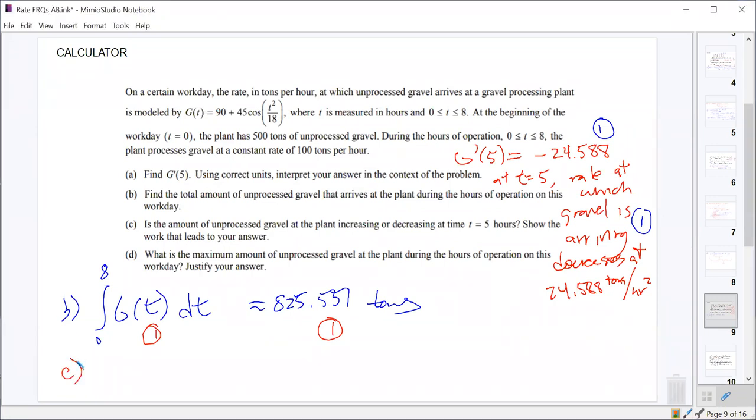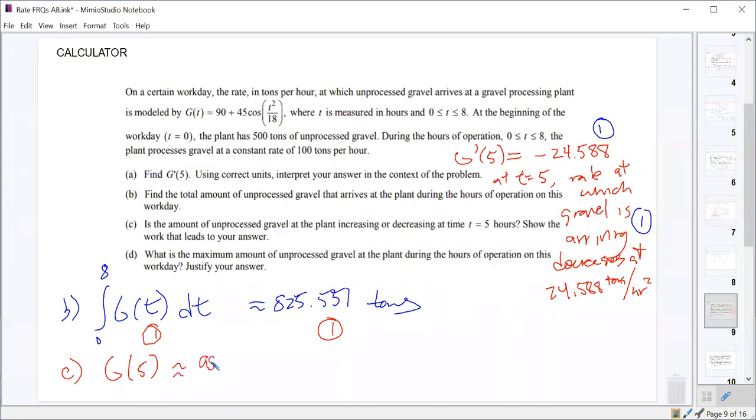All right, part C, is the amount of unprocessed gravel at the plant increasing or decreasing at t equals 5? Well, the amount of unprocessed gravel would mean we need to compare the rate at which it's arriving to the rate at which it's being processed. So if the rate at which it's arriving is greater than the rate it's being processed, then it's increasing. If it's less than the rate at which it's being processed, then it should be decreasing. So all we need to do is find the rate at which gravel is arriving at 5, G of 5,